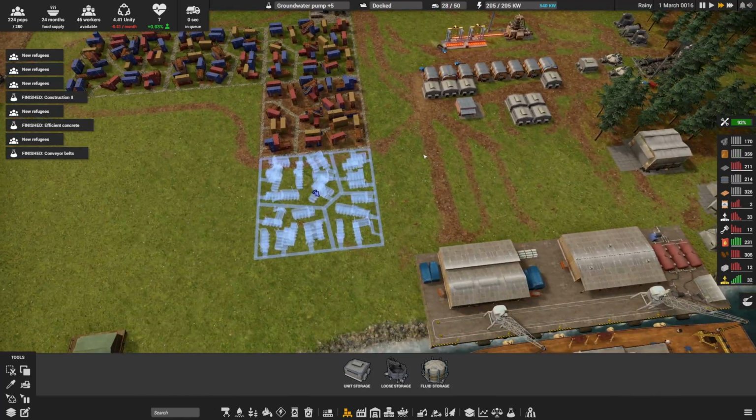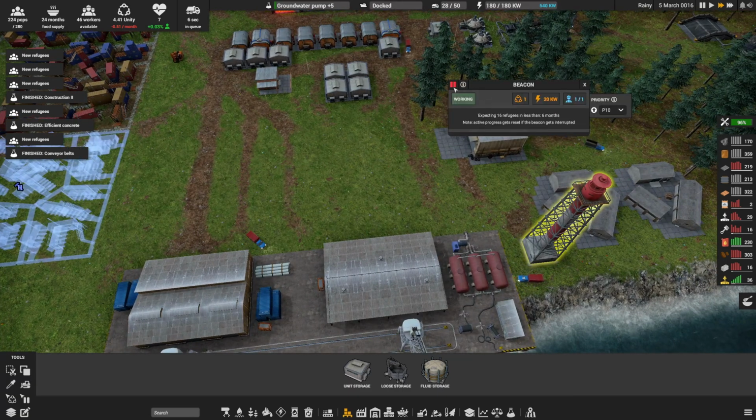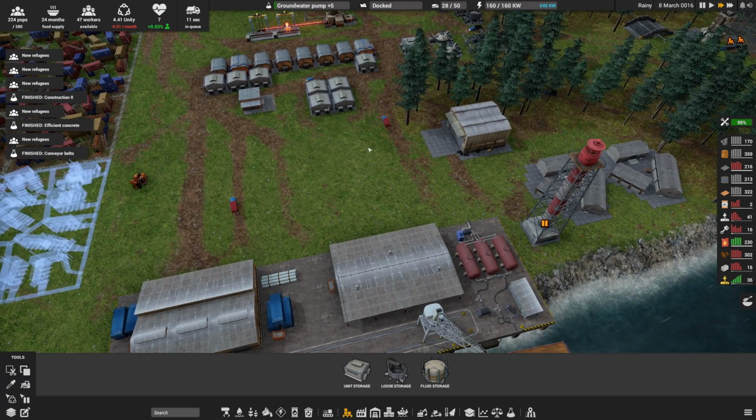All right. And housing's fixed. Housing is fixed. We have population. We need to pause that before we get into trouble. All right. Before we get into any more trouble,